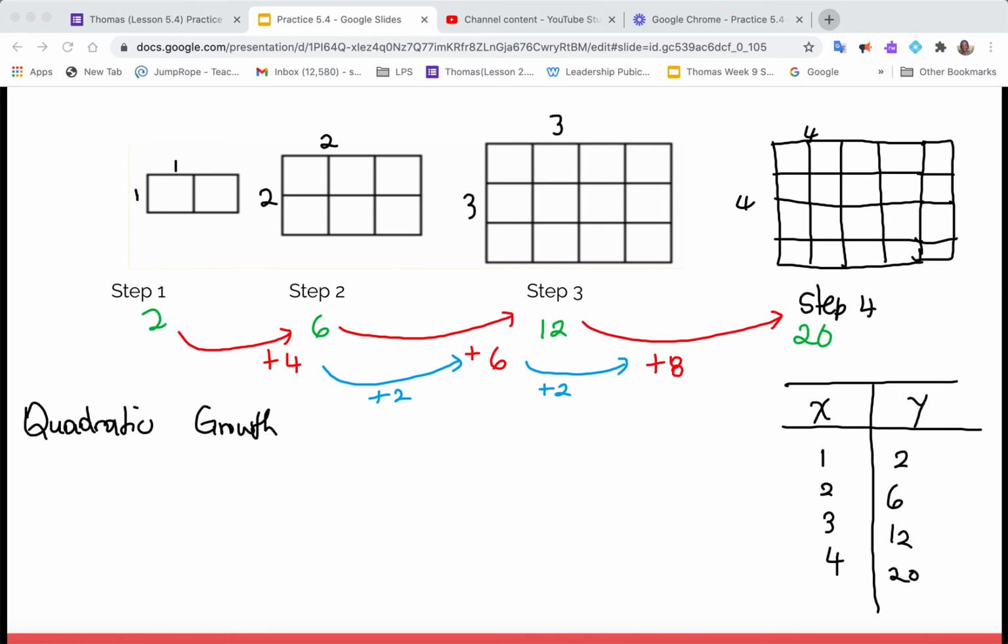And just additionally, what I'm noticing so far, so that's a plus 4, plus 6, plus 8, but we're noticing that there's a constant rate of adding 2 to our rate of change each time. What does this look like in the pattern itself? So there is a square that is growing in size. First it's a 1 by 1, then it's a 2 by 2, then it's a 3 by 3, then it's going to be a 4 by 4,